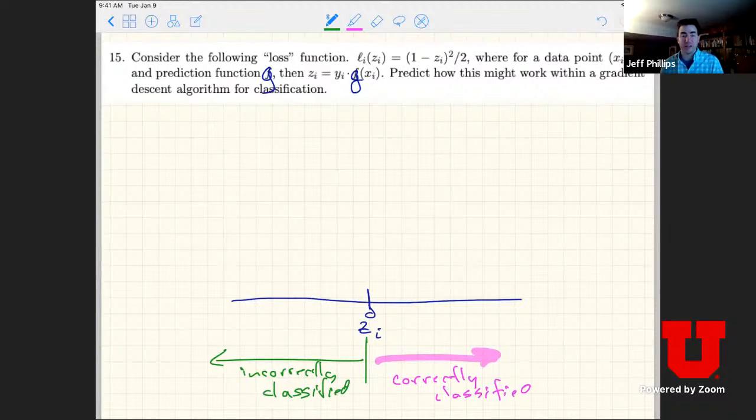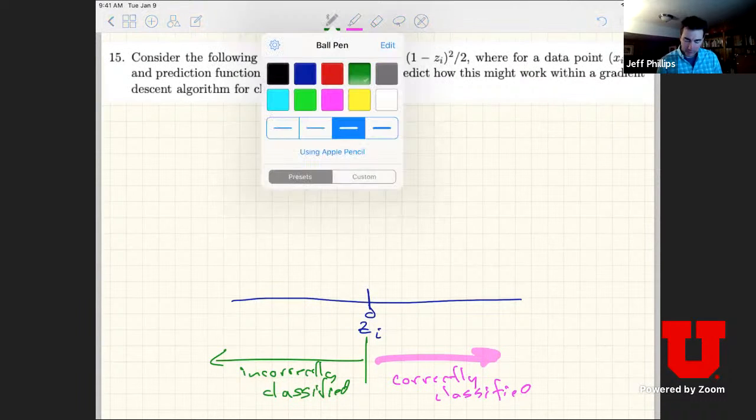Okay, so that's this idea of zi equals yi times g of xi. Because yi is usually a -1 or a +1, if it gives me a function value which is negative, I multiply it by -1. If it's correctly classified, then it should be a positive value, right? And it gives me this pink side. So what I would like is